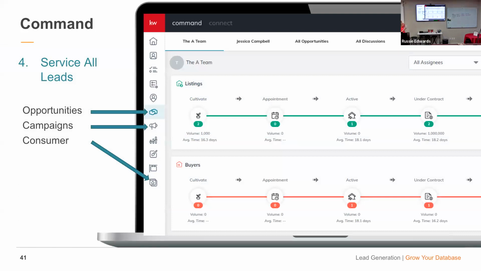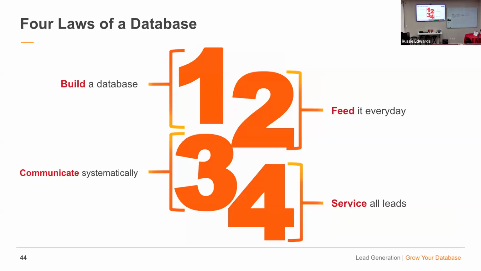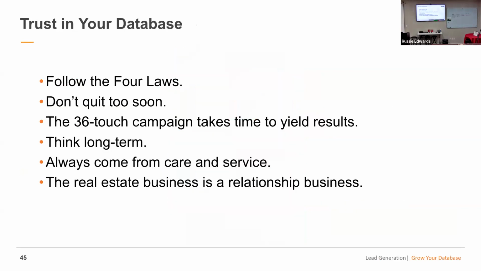This is where you're going to have your opportunities, campaigns, and consumer. So your consumer is your app and your website. Campaigns are social media campaigns, email campaigns, or marketing campaigns that you're going to mail out. And then opportunities, this is your opportunity pipeline. You'll go through that in Command later. In the recap email, I have Kylie's Calendly link in there, so you can schedule appointments with her to go over the tech more in depth too.